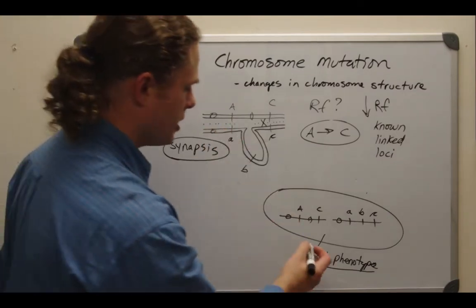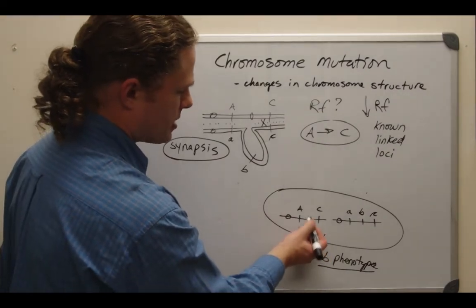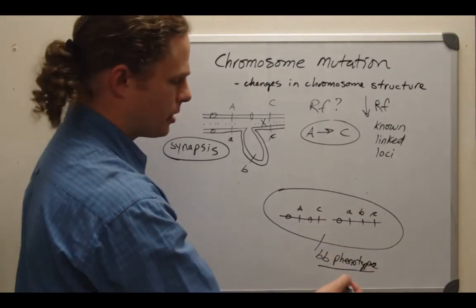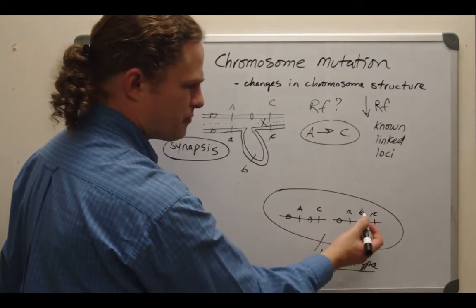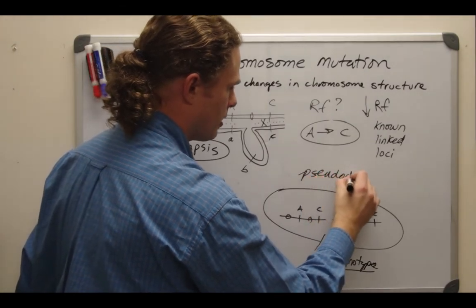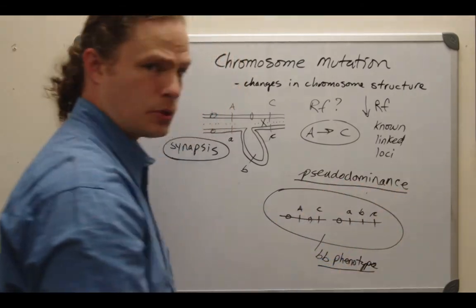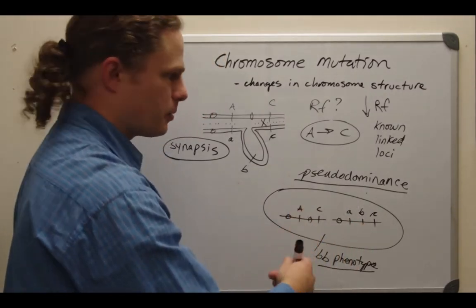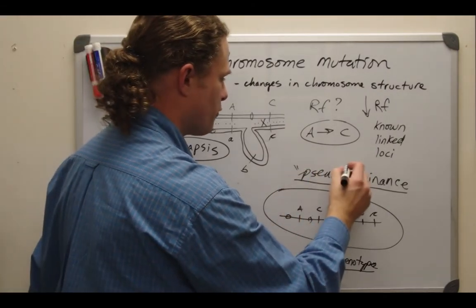The other key diagnostic here is inappropriate recessive phenotypes showing up. So in this case, that loss of that big B allele because of that deletion allowed the little b allele on the other homolog to express its phenotype. This is not a case of dominance per se, although this effect has a historical name called pseudodominance. Basically what's happening is this little b is now acting as if it were dominant because we were expecting a big B to be present here. But it's called pseudodominance or false dominance,